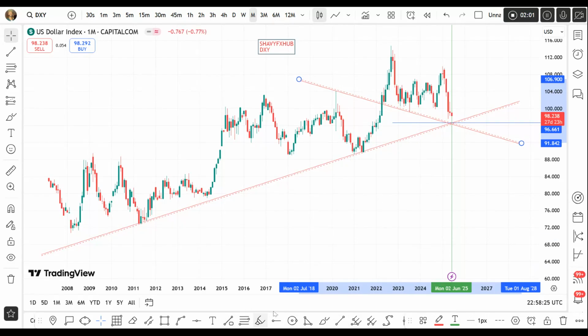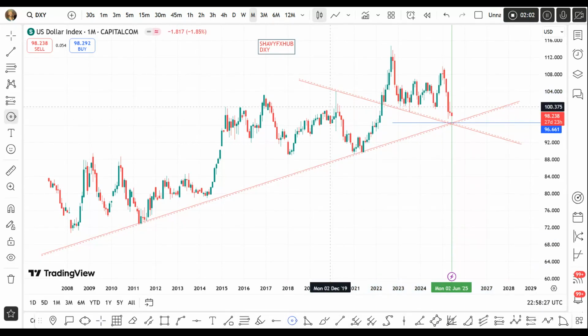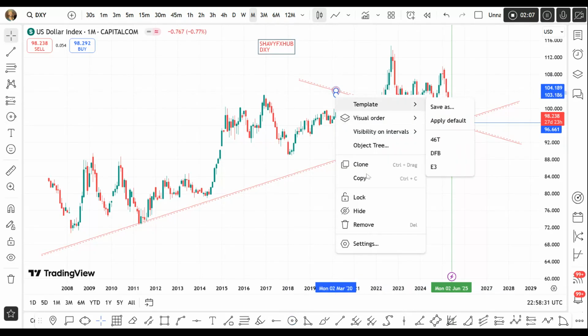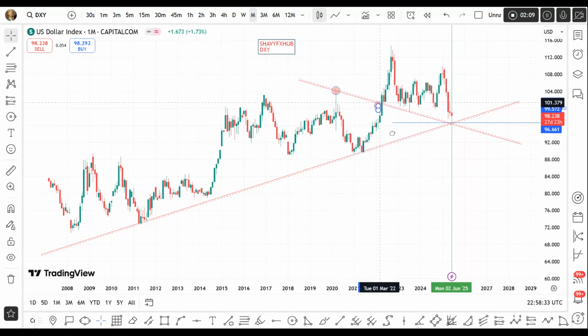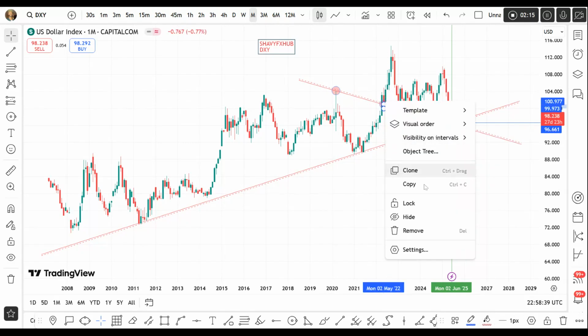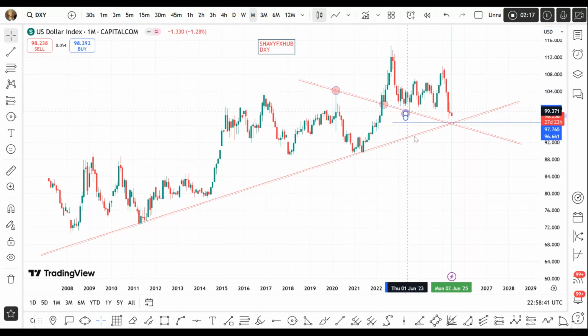So at that level now, you see we have here supply roof, break of structure followed by a retest on a monthly time frame, and another buy confirmation at this level, putting here as a buy witness. So most likely when price comes into that box, it's going to come there on a double confluence on a